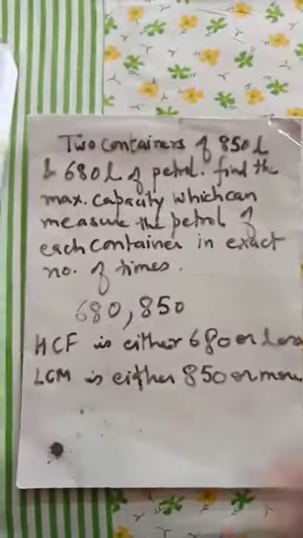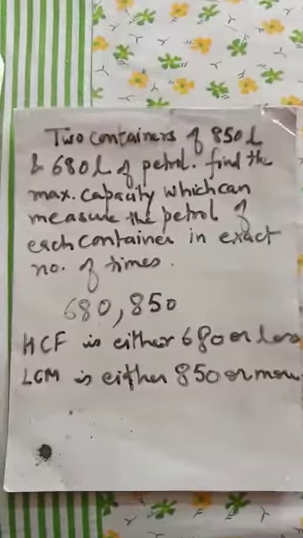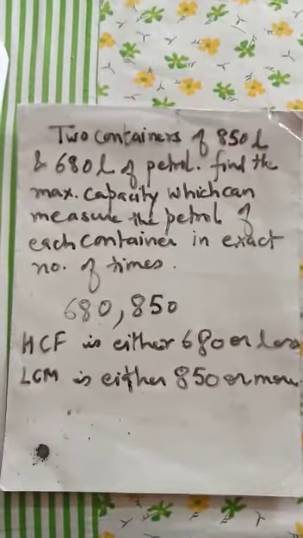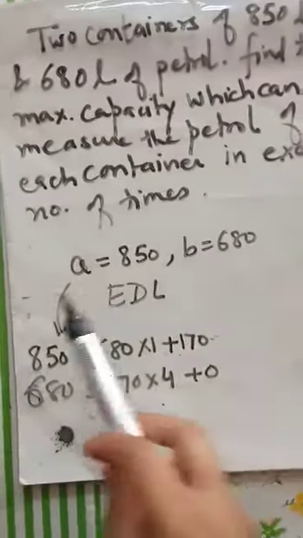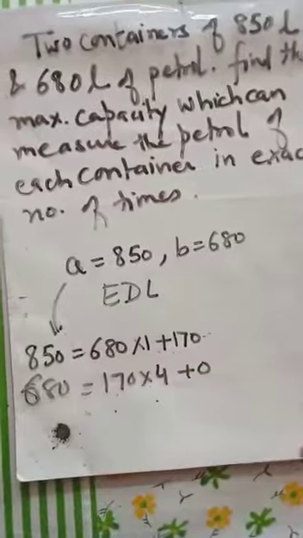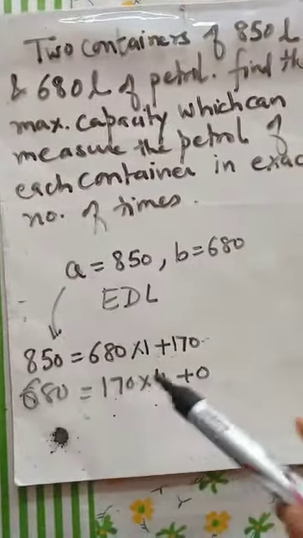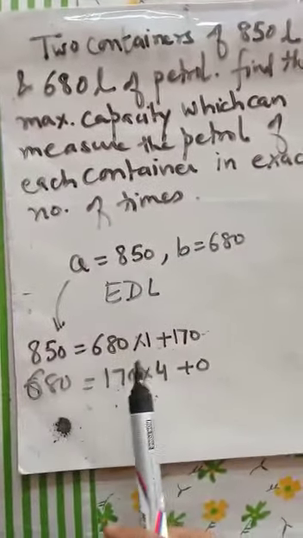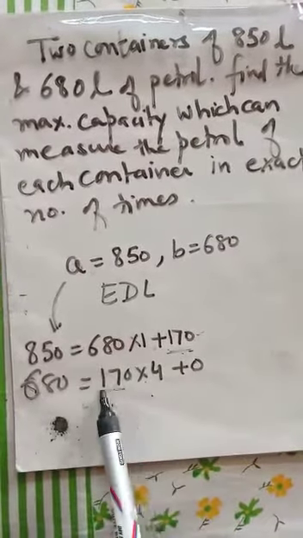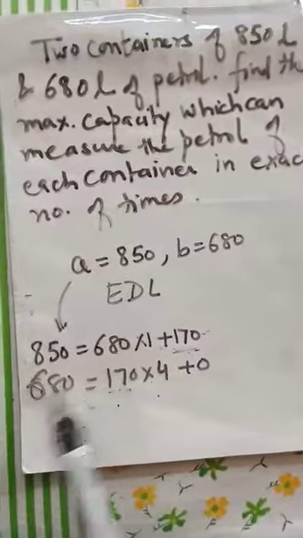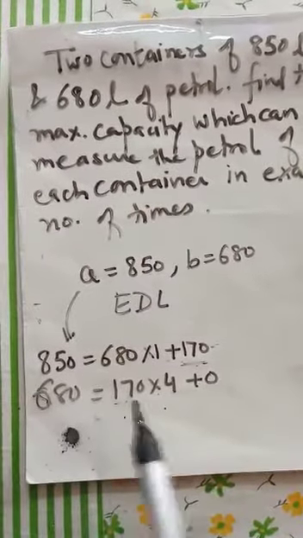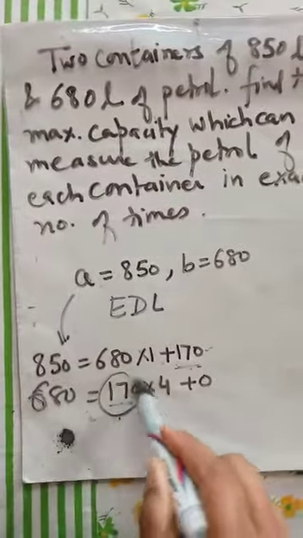Now let us go for HCF. All of you can find out HCF of 680 and 850, right? Now by Euclid's division lemma, I am defining that A is equal to 850 and B is equal to 680, and I am trying to find out the HCF. So 850 is equal to 680 into 1 plus remainder, which is 170. Now your remainder becomes the divisor. Whatever we have done earlier, we already know the way to find out the HCF. So the HCF of this is 170.